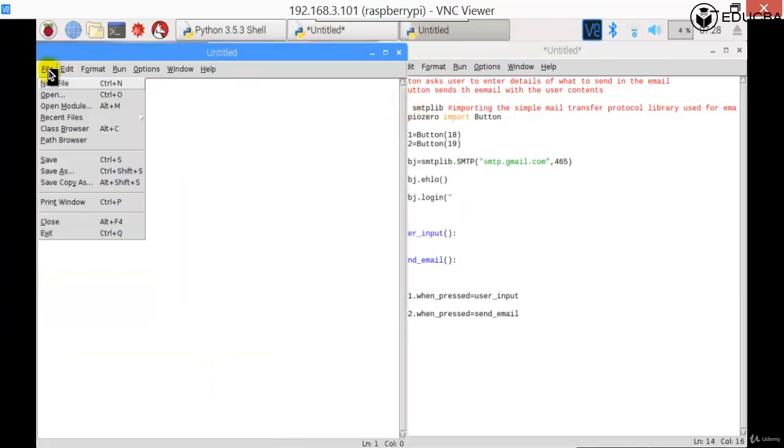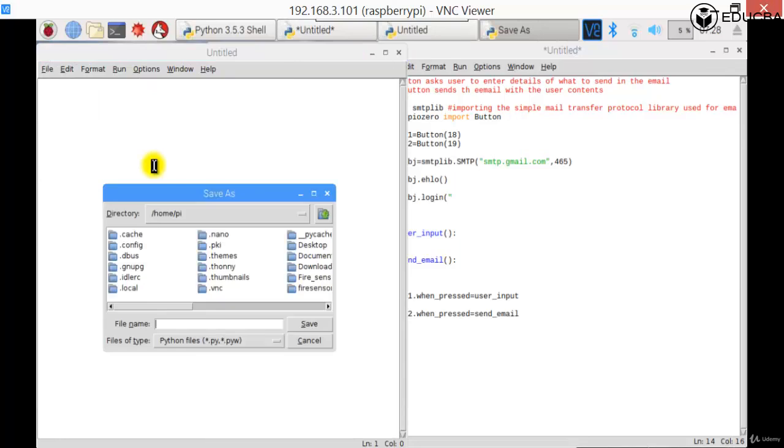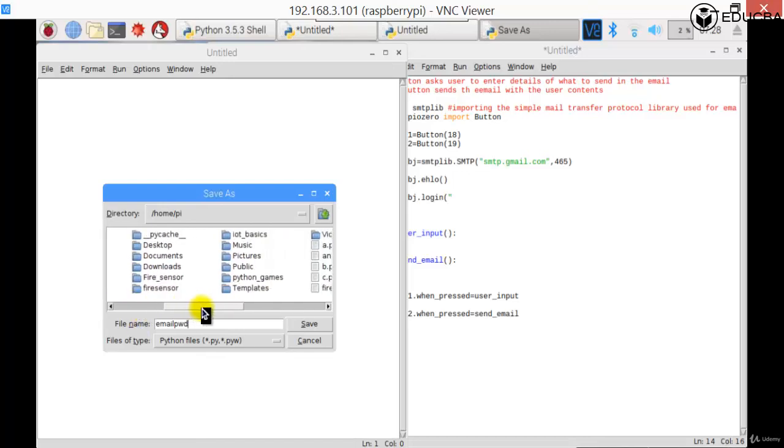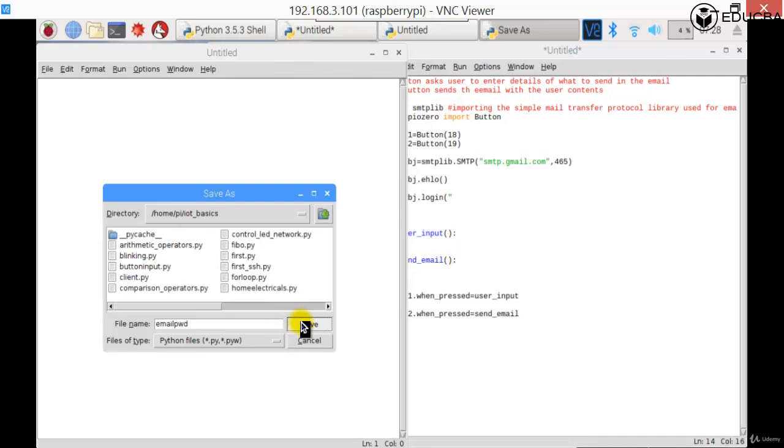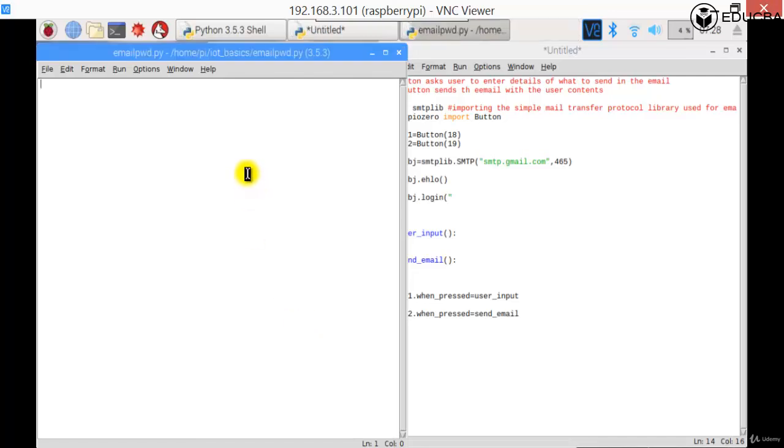Let me just save it as email_pwd.py. I'm going to save it in the IoT_basics folder, this particular file itself. Now I'm going to write my email